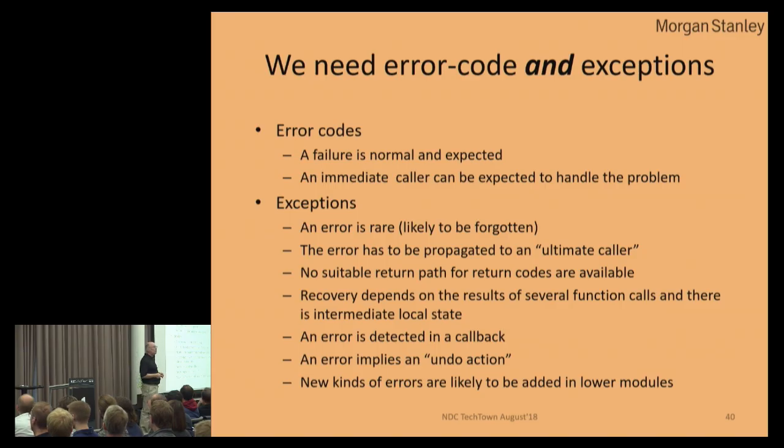That's quite common. But if you have to percolate your error through 15 function calls, then you have 50 cases where you get an error indicator plus a value. You have to check the error indicator and then use the value. You do this 50 times. The answer is no, you don't do it 50 times. You forget, so you do it 48 times. And now the propagation is broken. So I worry about that. No suitable return path. I mean, if I do A plus B, where's the return path for the error handler?